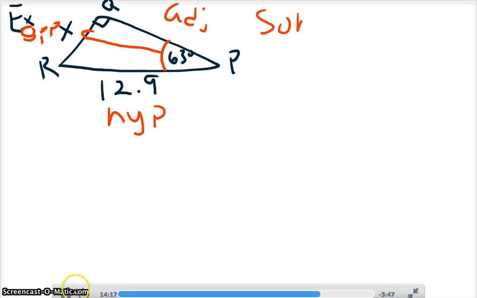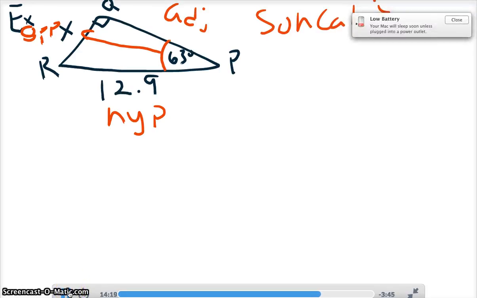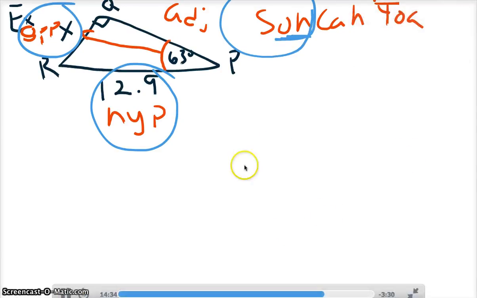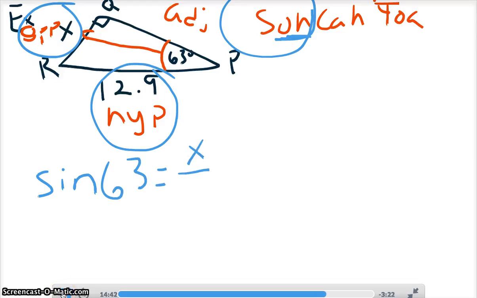So I was looking at SOHCAHTOA. They gave me my hypotenuse, and I'm looking for my opposite. Opposite and hypotenuse is the SOH part, so I'm using sine. So sine theta, where theta is my angle. So sine 63 equals opposite over hypotenuse. If the x is